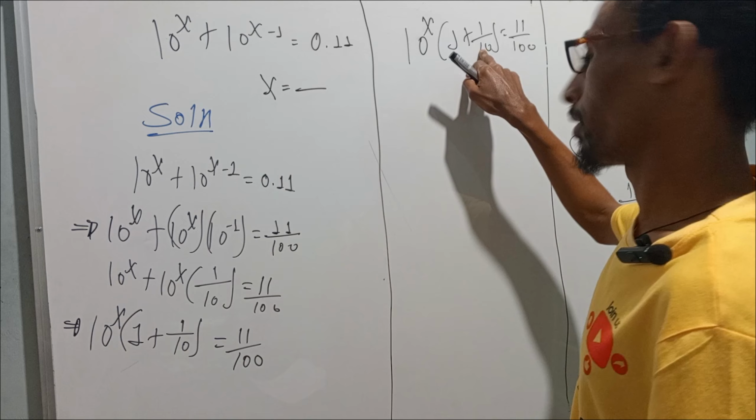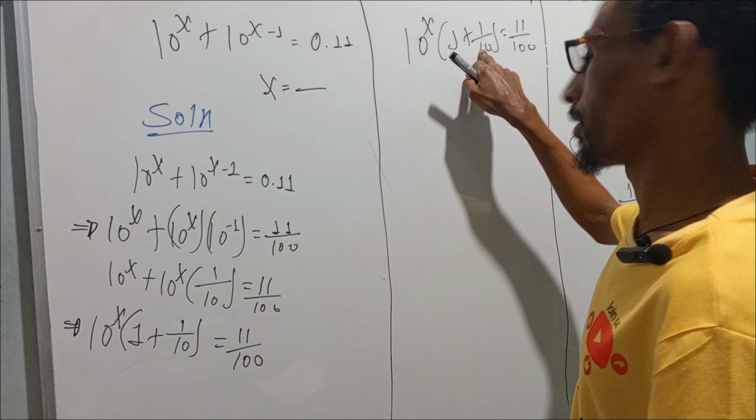Why? Because for any exponents, a to the power of m minus n is always expressed as a to the power of m times a to the power of minus n. Great. So this is equal to 10 to the power of x plus 10 to the power of x times 10 to the power of minus 1, which is equal to, here 0.11 is expressed as